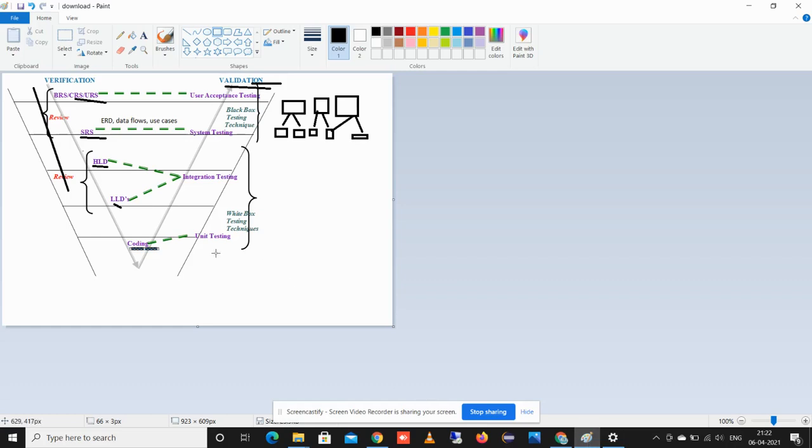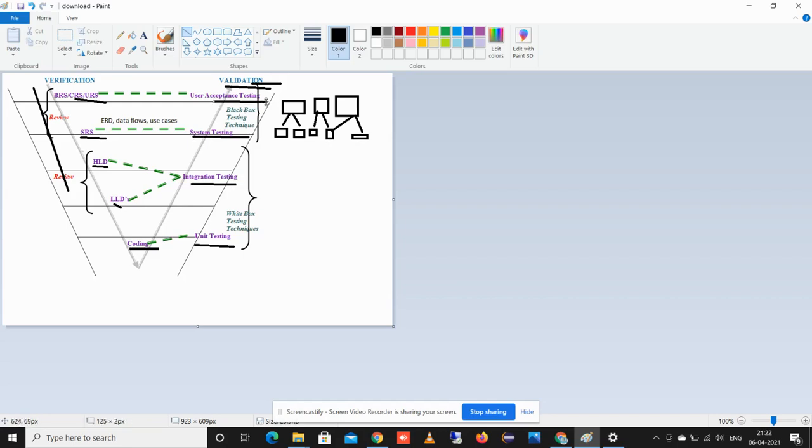Once the coding is done, the software is ready, and then the validation part will start. After the software is ready, we move to the testing process, and the testing process comes under the validation part. As part of validation, we do unit testing, integration testing, system testing and user acceptance testing.